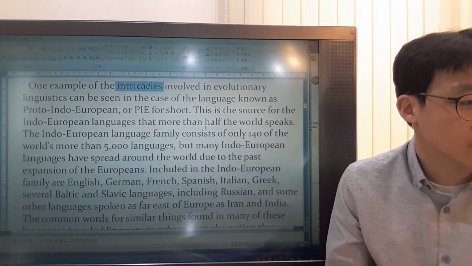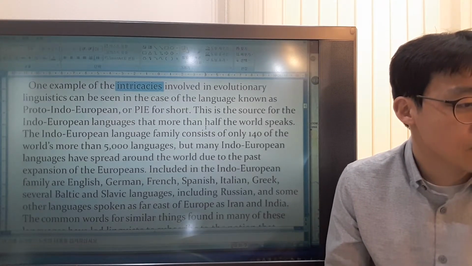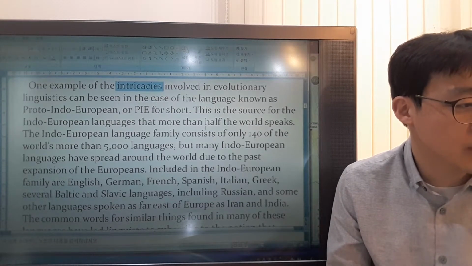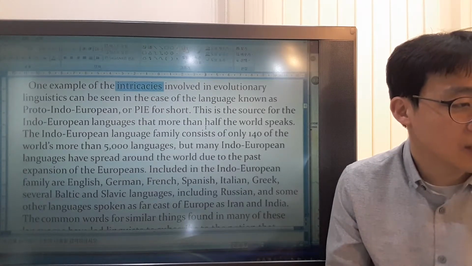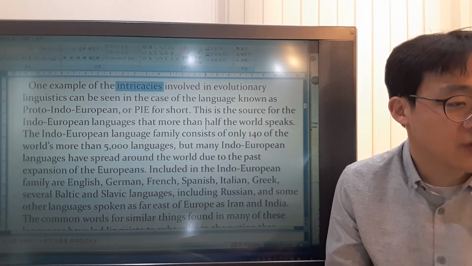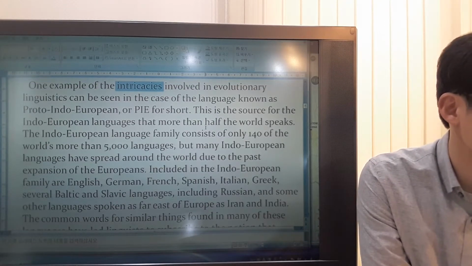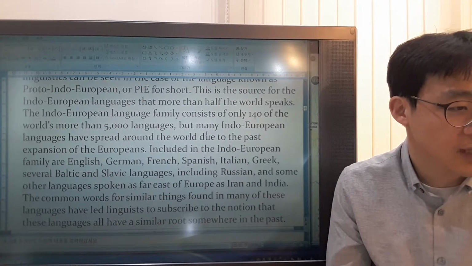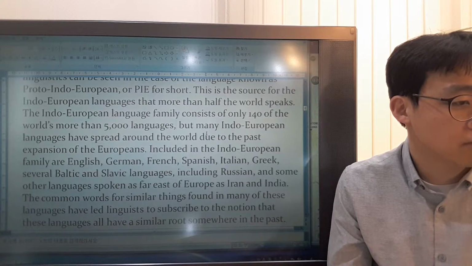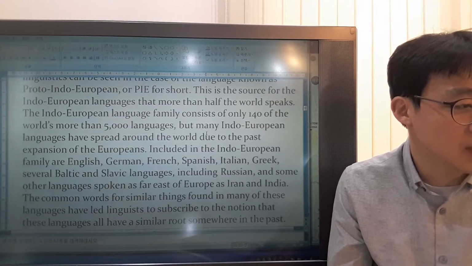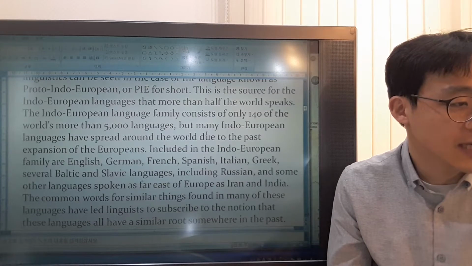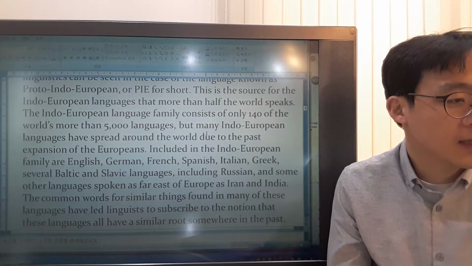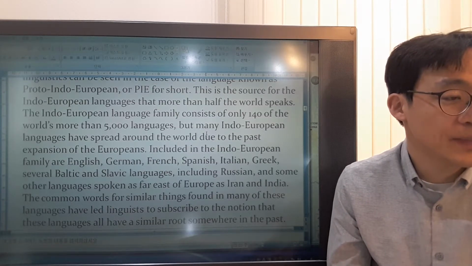And this is where the Indo-European languages began, the Proto-Indo-European, okay? And the Indo-European languages, more than half of the world speaks this language. And this Indo-European language family has 140 languages, and in the world there are 5,000 languages, okay? Although the number is not many,